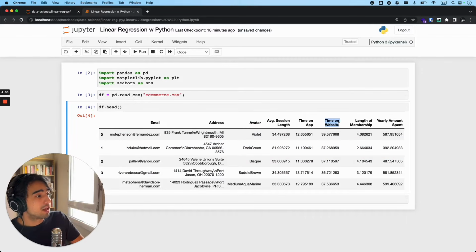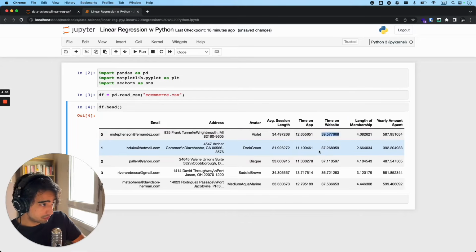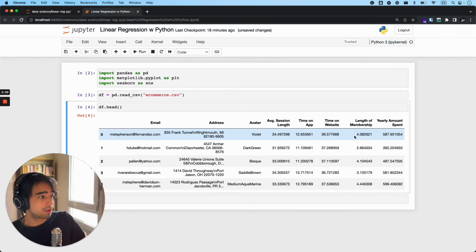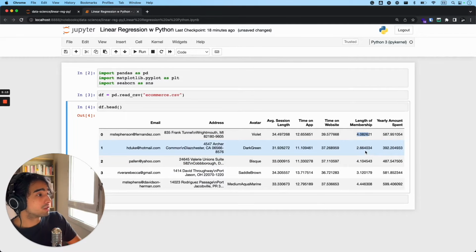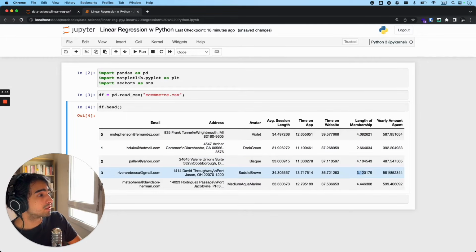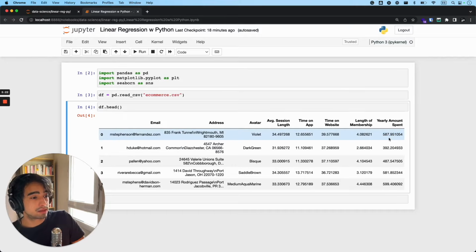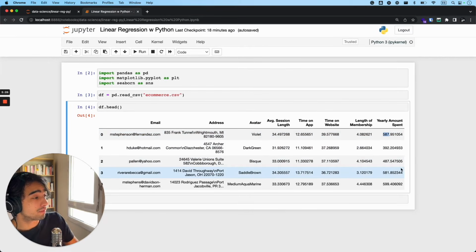Then we also have time spent on the website. We can see that people tend to spend longer time on the website before actually ordering. And we also have the length of their membership in months. So this person has been a member of the store for 4 months, this one for 2 months, 3 months, etc. And this one right here is the variable that we're going to try to predict. It's the yearly amount spent in dollars. Okay, so this person spends $500